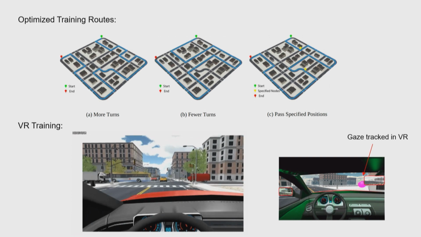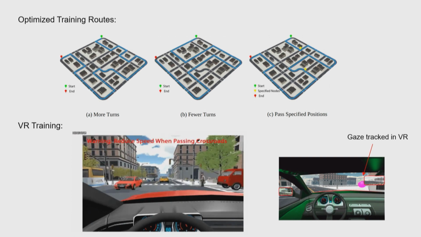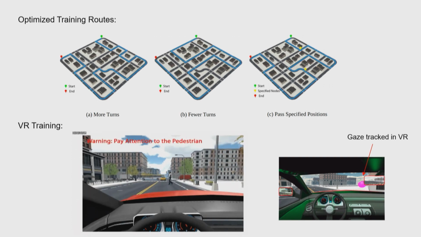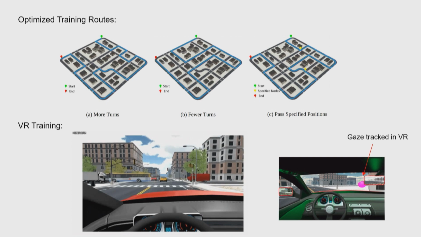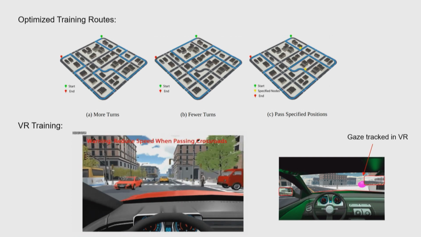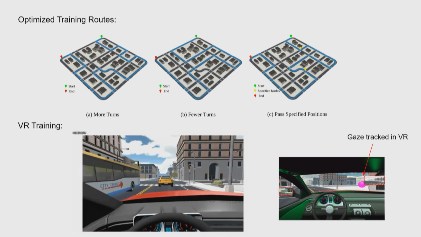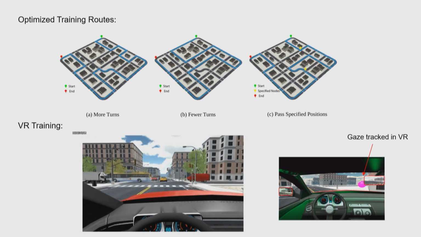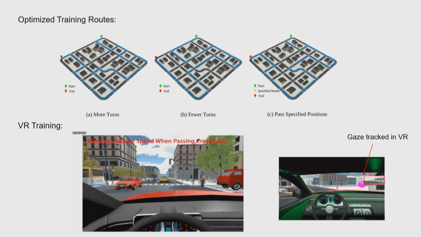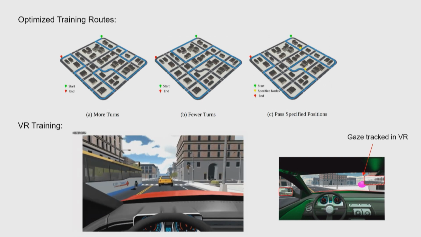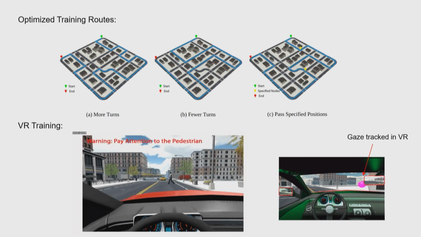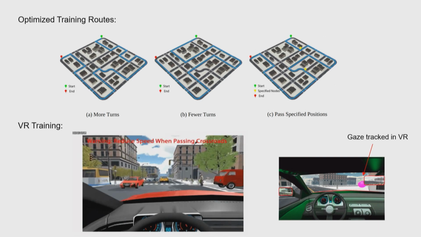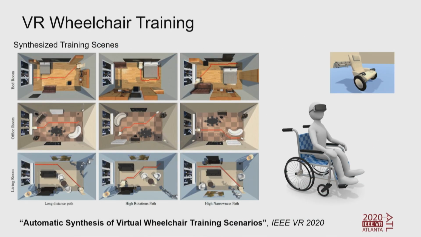And of course, in virtual reality, we can track lots of things. We can track the hand motion, and we also can track things that are not easy to track in the real world, for example, the gaze. Does the person look at the rear-view mirror before making a turn? All these things could be precisely tracked, and then we could compare those metrics with the metrics of people who can drive very well, in order to evaluate how good the person is in a certain skill, and then we can optimize the experience.